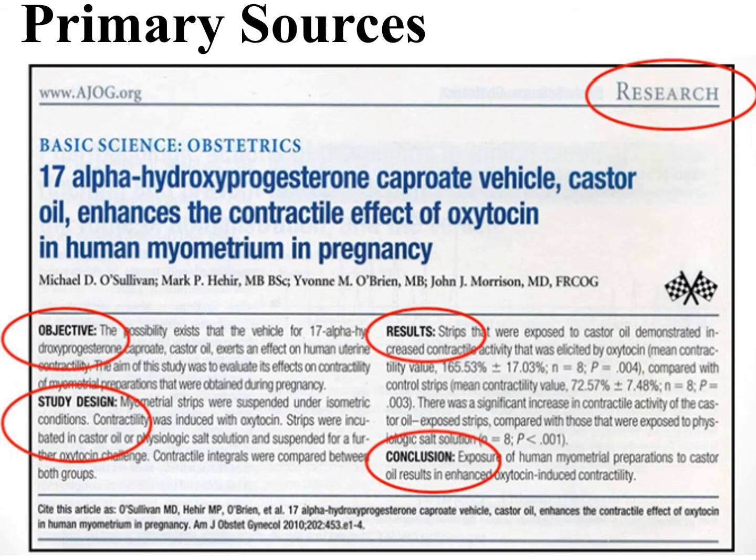You can confirm this example is a primary source as well as being a quantitative study because it mentions the study design and summarizes the research data in conclusion. In this particular primary source, this appears in the abstract of the article on the first page, but it's not always so easily visible on the first page. Sometimes you have to drill down into the text of the article to assess whether something is primary or secondary. This one also says research on the first page.